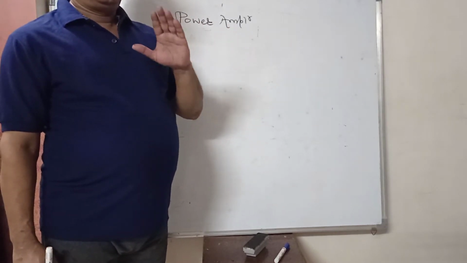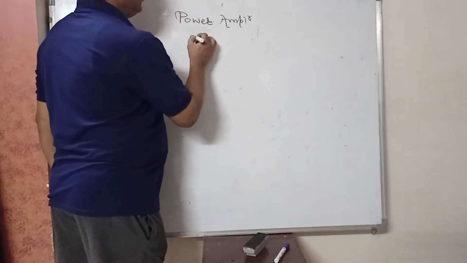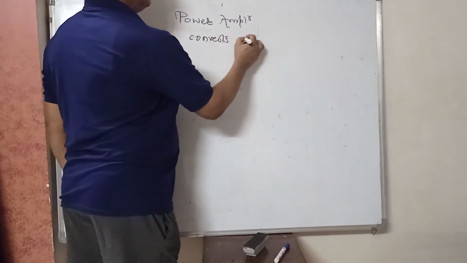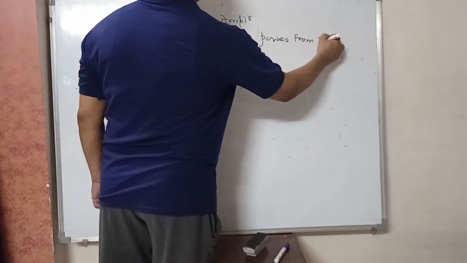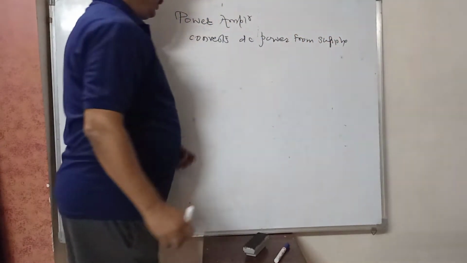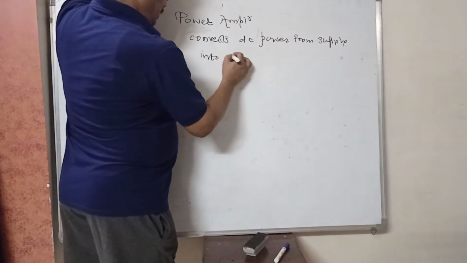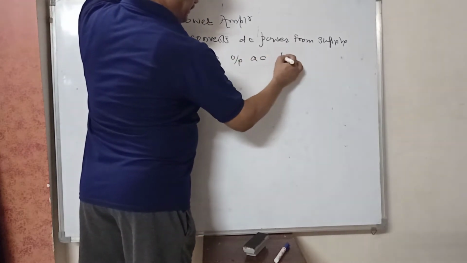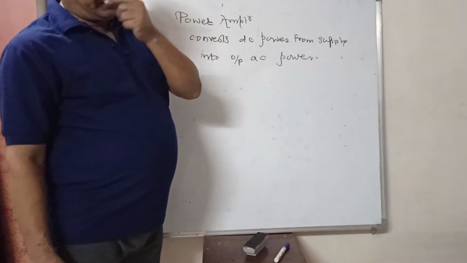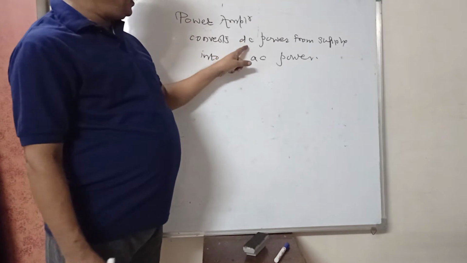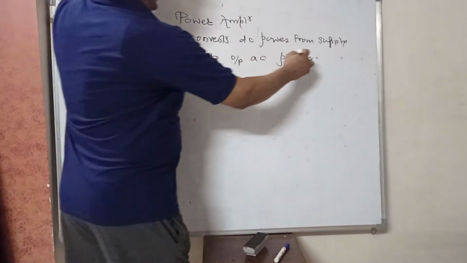A power amplifier converts DC power from the supply into output AC power. Conversion of power DC into AC. Okay, output power will be AC, input power is DC, and action is controlled by